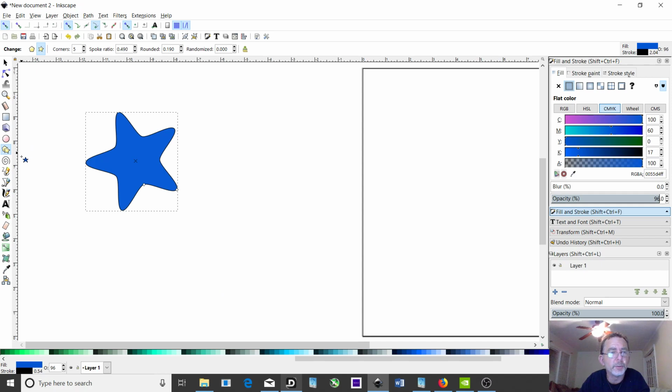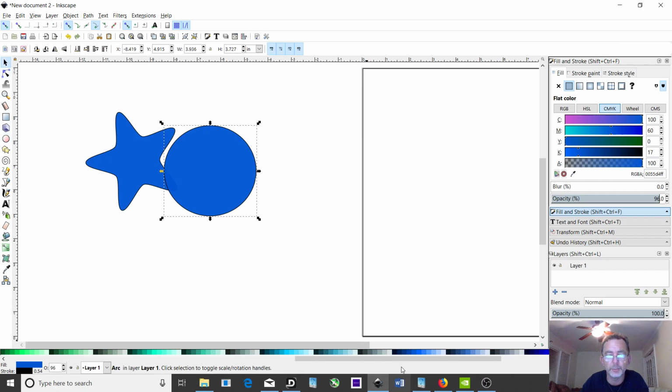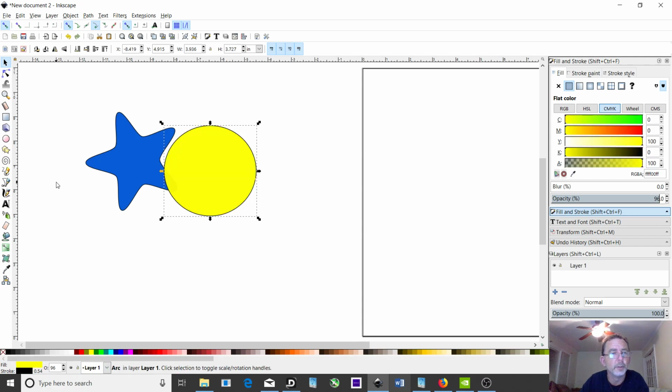So those are just the basics of the shape tools and the very basics of what they can do. Now you can take this circle and let's create a circle. Okay, well, let's just do this. Let's go back up to our selection tool. Let's make this, how about yellow? And then how about we go back up to our rectangle tool,